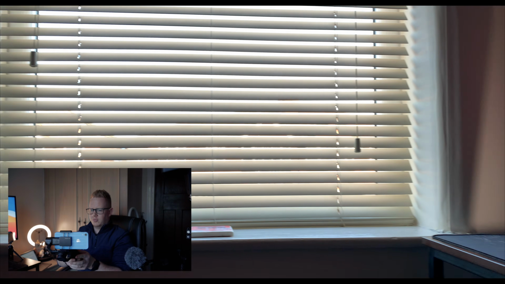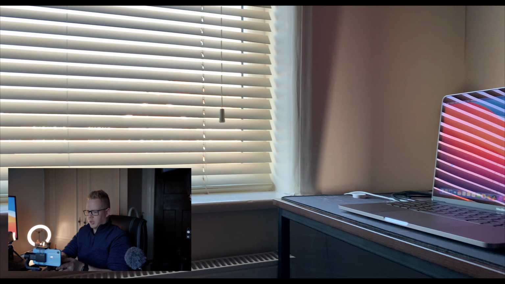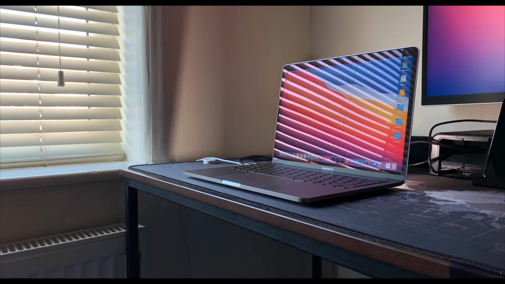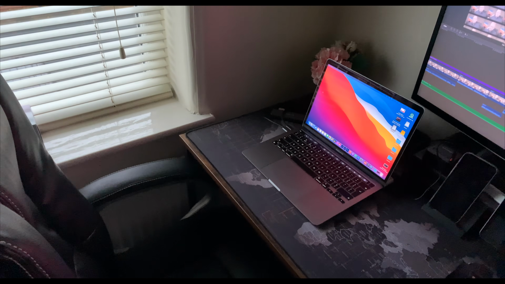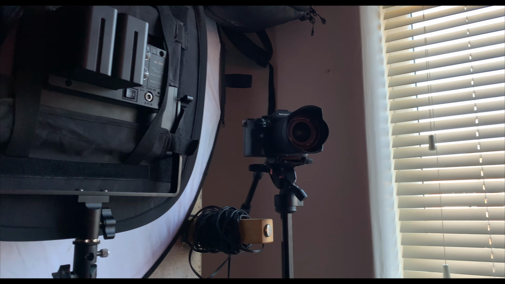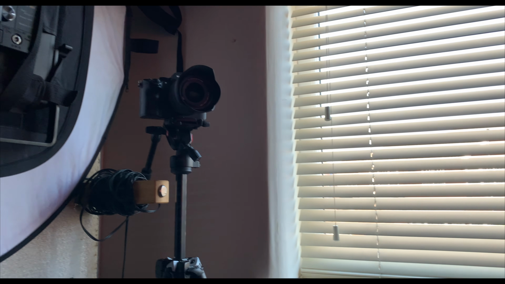Now, obviously there are handheld, shaky camera movements in films all the time, but slow, smooth, and steady movements are really important in achieving that cinematic look. Like most of the things on this list, it's association. We associate certain things with films. So we would associate a shot like this from a vlog or a FaceTime call with someone showing you their setup. But slow, smooth, and purposeful movements like pans and dollies are associated with films.